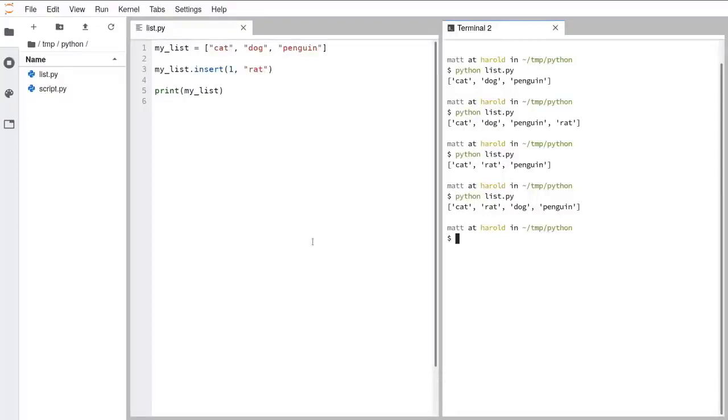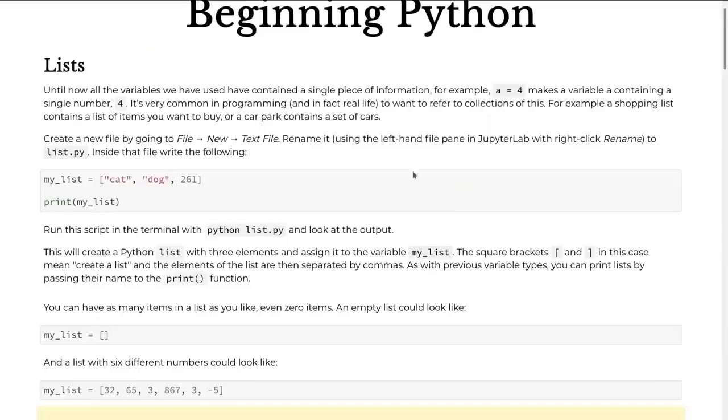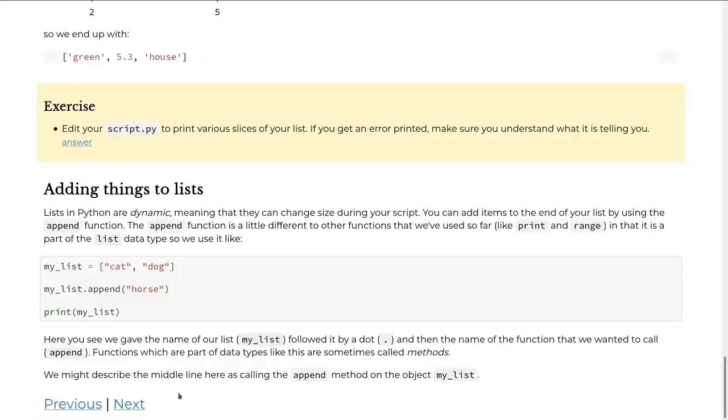So if everyone's okay with lists, we can loop over them, we can grab items out, we can change things to do with them by appending to the end, and as we saw there, overwriting or inserting. So after the list section,